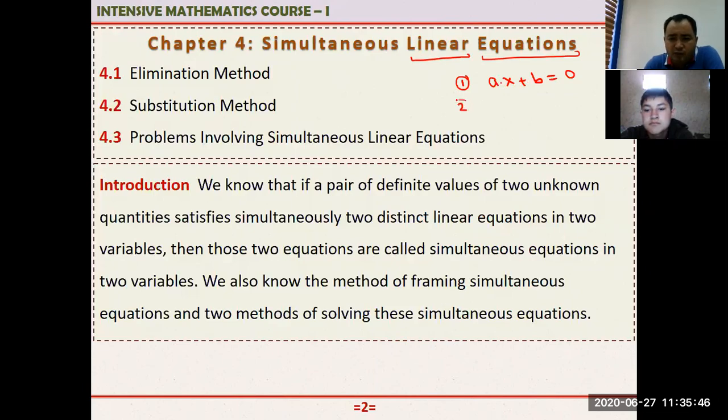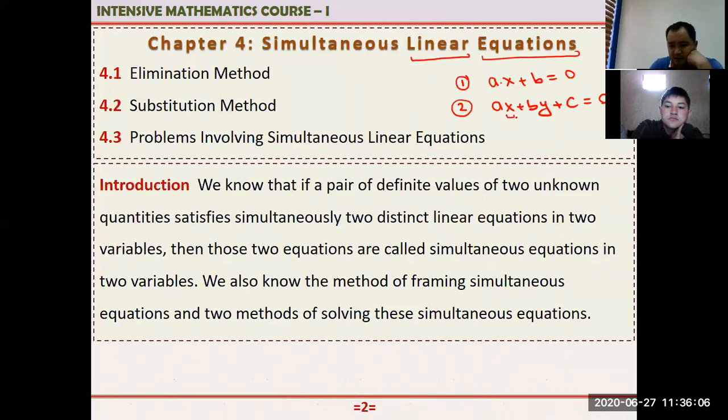How about linear equation in two variables? Here we have a times x plus b times y plus c is equal to 0. Or I can just write this c on the right hand side or here, it doesn't matter. That is a linear equation in two variables. What are the variables here? X is a variable and y is a variable. C is a constant number. And also I can just take this to the right hand side. Also I can write this in this form. For example, a,